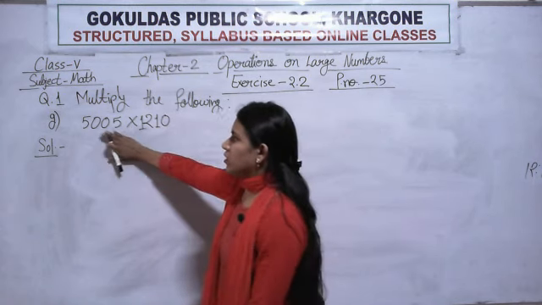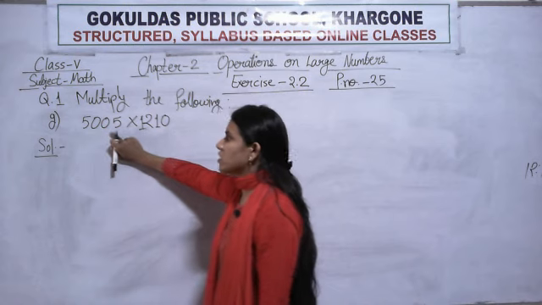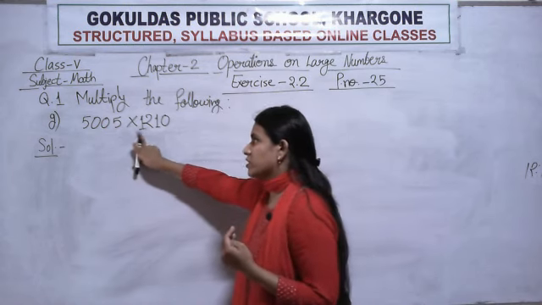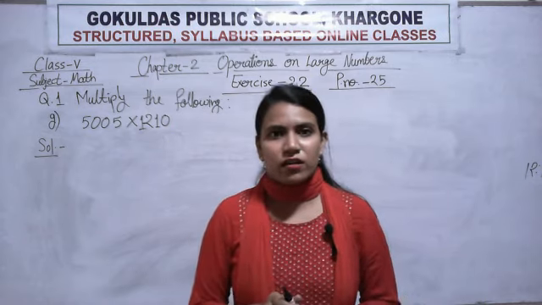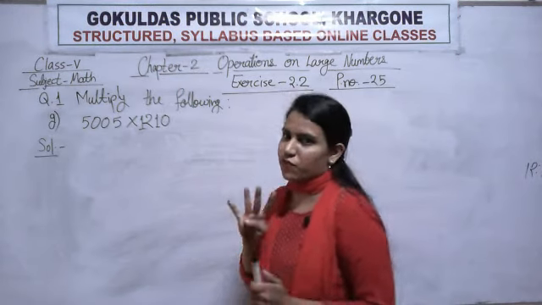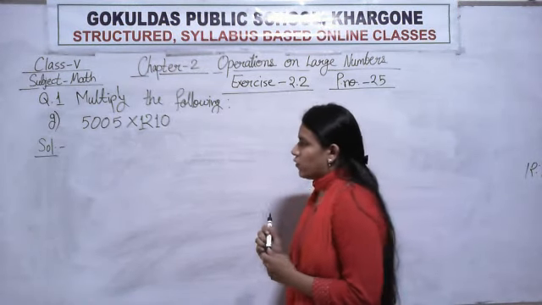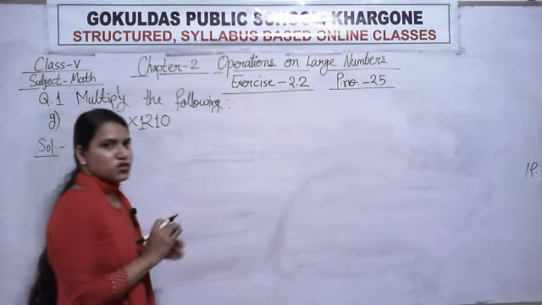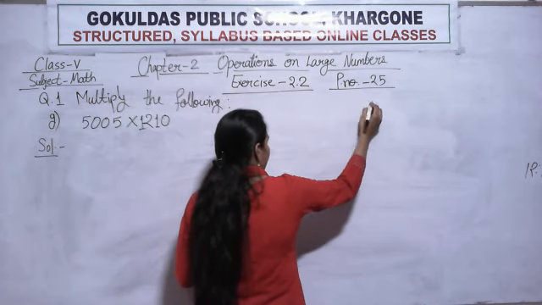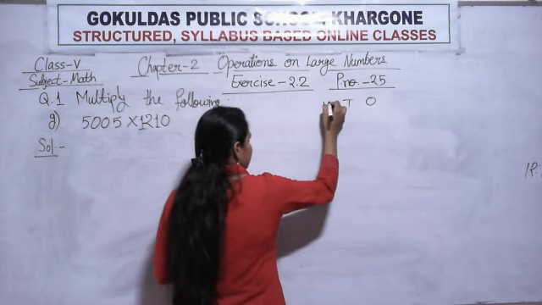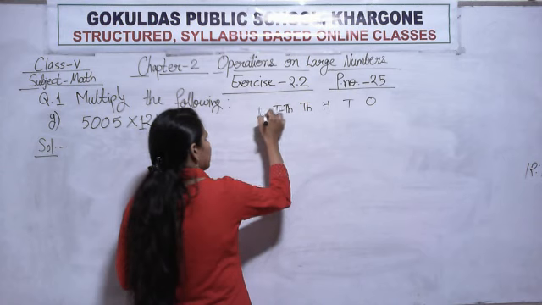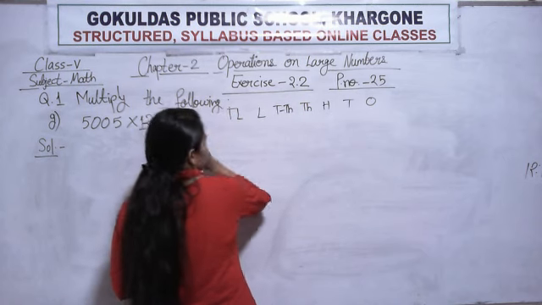First observe this. Here you have to multiply 5005 by a 4-digit number. So here your number of steps to solve will be 4. 4 steps will be there in your solutions. Okay. Now arrange both the numbers column wise first. Ones, tens, hundreds, thousands, 10,000s, lakh, 10 lakh.